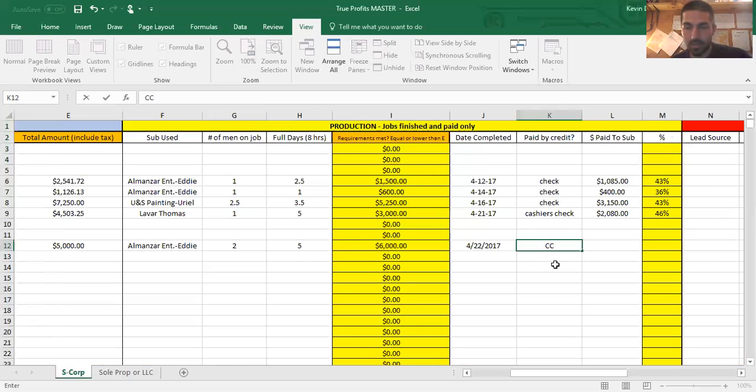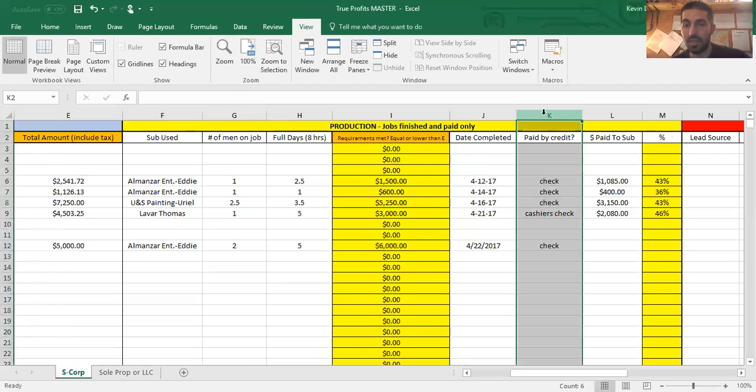We get charged 3.5%. So let's just keep it simple and say that it was paid by check so we don't have to worry about anything, which we very rarely take credit card payments anyway, but that's one of the reasons that column K exists. If you guys do accept credit cards, then you're going to want to also account for the charges that your credit processing company is passing along to you, which is usually, at least by today's standards, 3.5%,